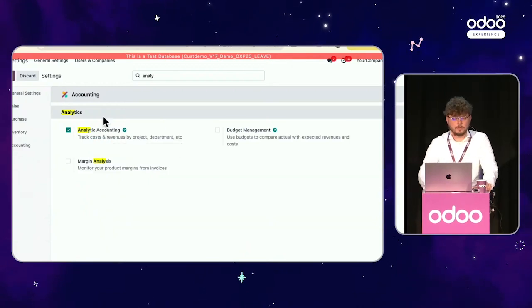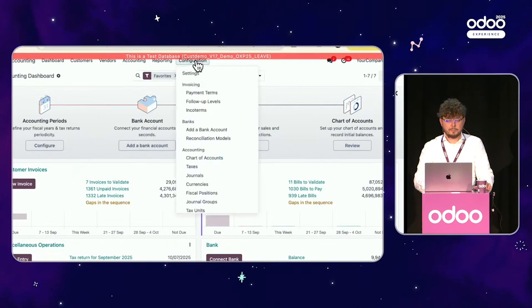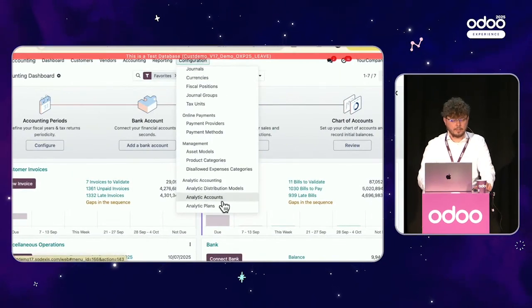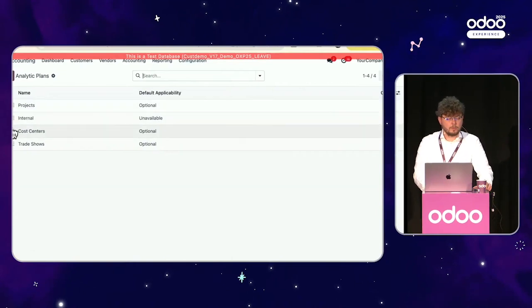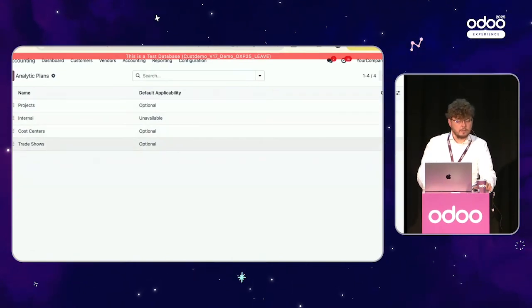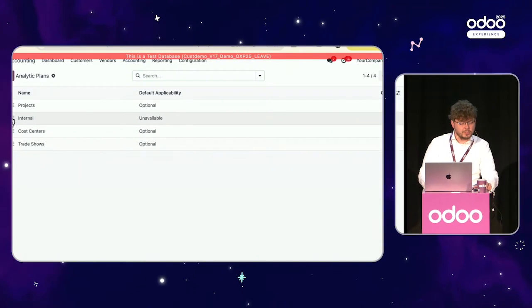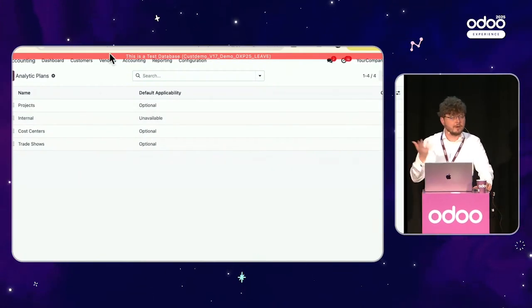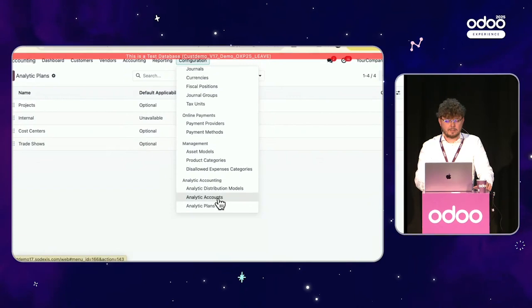Here is the boolean, and then you go into the accounting app, and here you have the analytic accounts and analytic plans. So this is where you create those cost centers. First of all, the analytic plan cost centers, the trade shows, or the projects. As I said, the projects are already by default in Odoo. And then the second step is